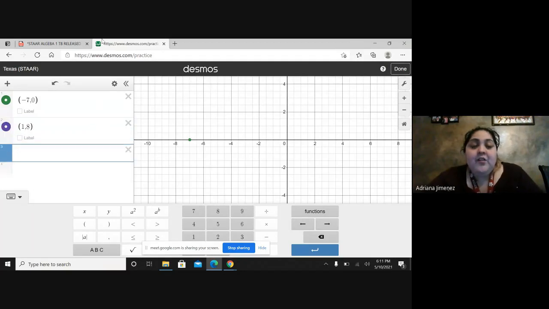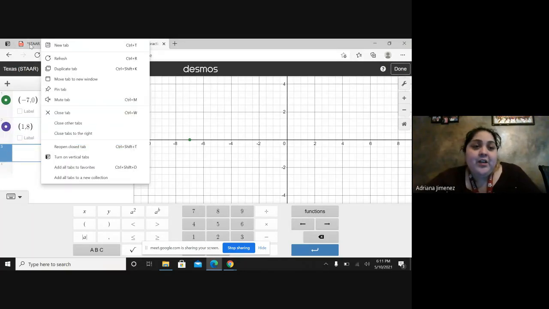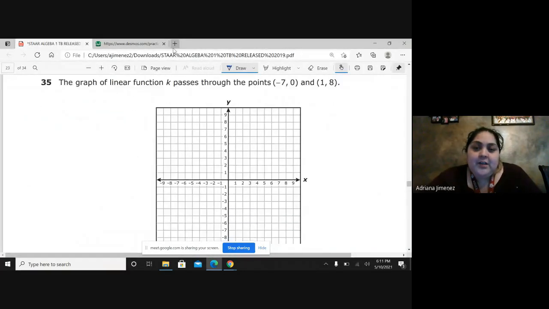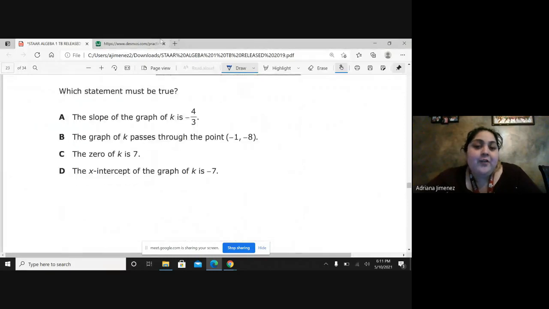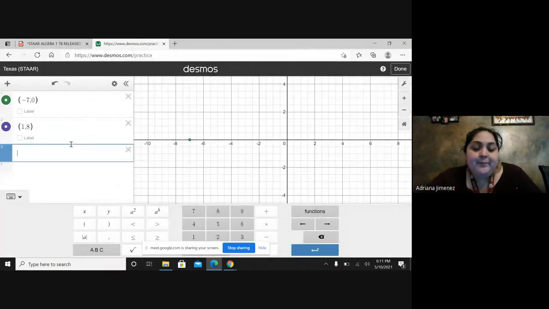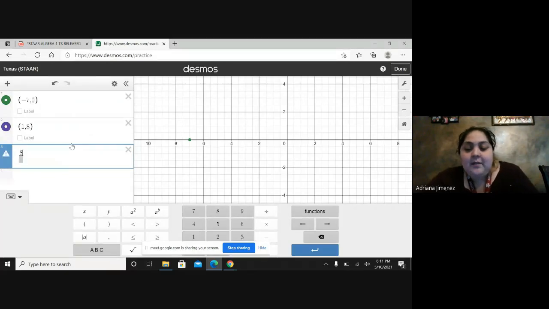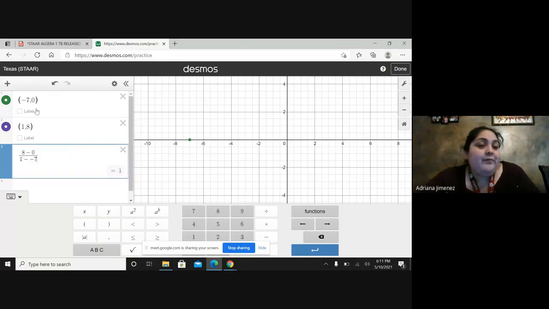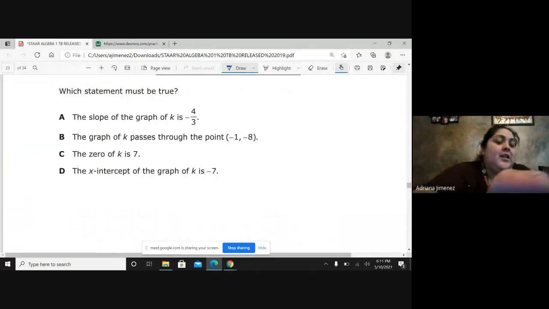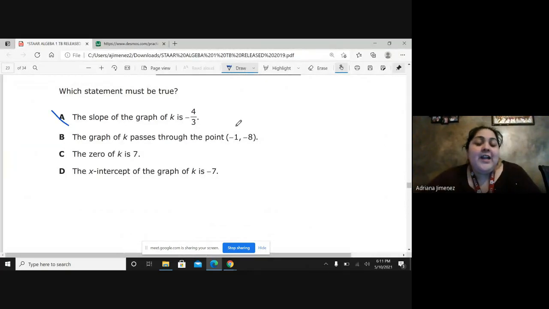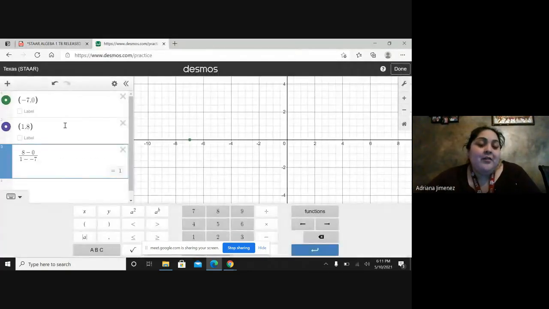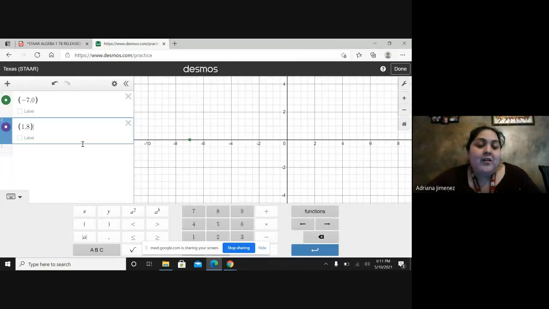First one says that the rate of change is negative 4 over 3. So let's do the slope: 8 minus 0, over 1 minus negative 7. The slope is 1, so that's wrong, because it said negative 4 over 3. Okay, it says that negative 1, 8 goes through it. So let's cross this one out, and it said